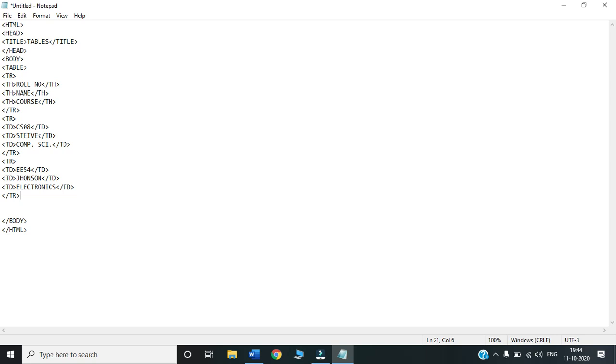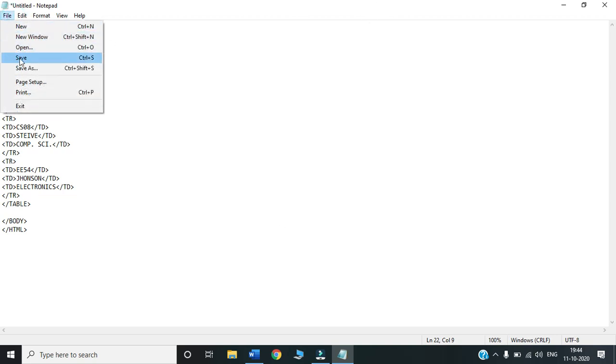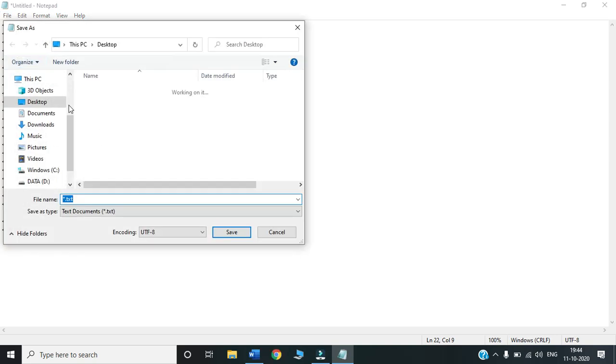I'm done. So let us see how this table looks like. After this, let us close the table tag. We'll save it, run and see what is the output. We'll click on save. On the desktop, I will write, say, table.html.